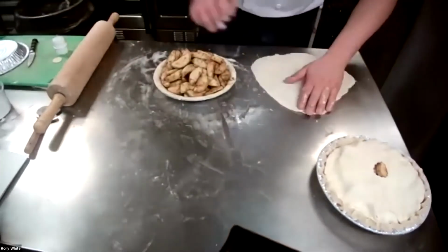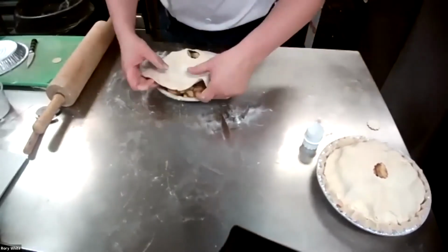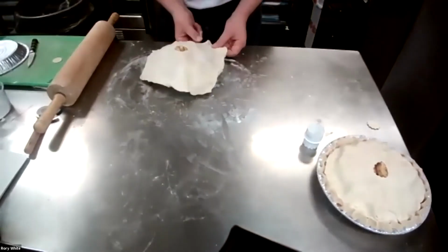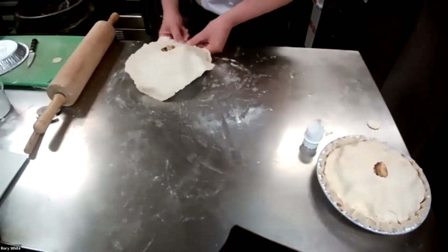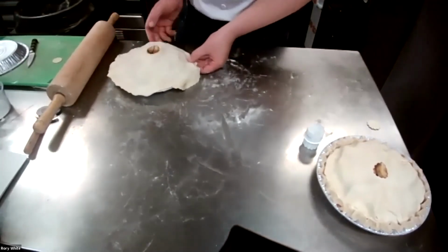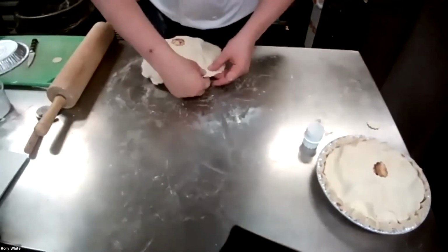So we're gonna again cut our steam hole in the middle, and it's really important to cut that hole, like I said, because we need a place for steam to escape. And we're just gonna lay this one over top. Pull it so it doesn't bunch up too much. Okay. And then we're gonna seal our pie. And you'll notice as this pie cooks, it looks really high right now. There's a lot of apples in here, but as it cooks down, those apples start to soften. It won't be that big at the end. Okay. So we're just gonna seam our pie, make it look